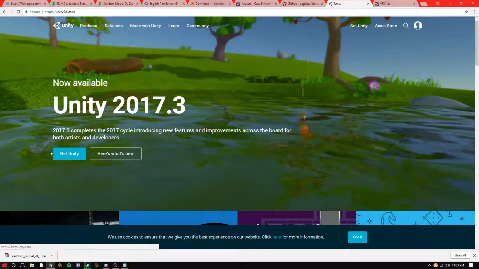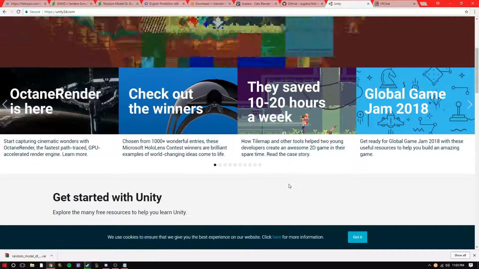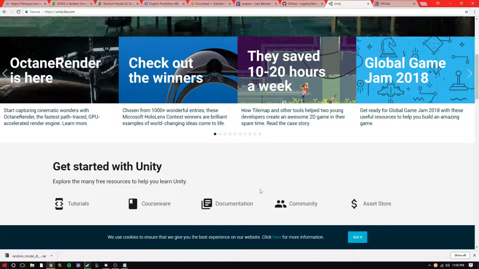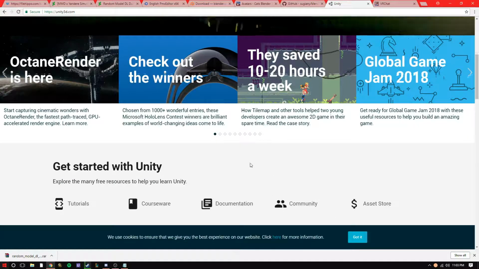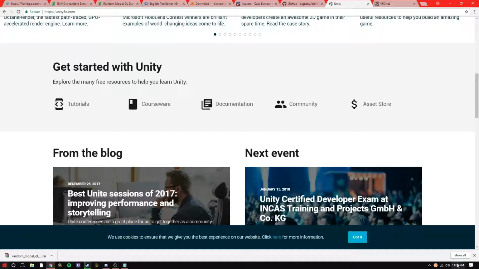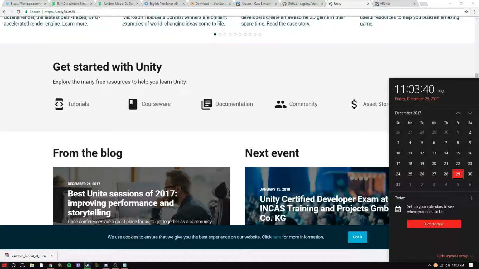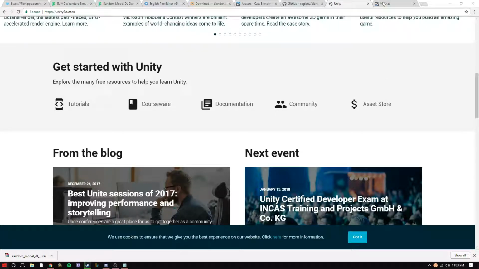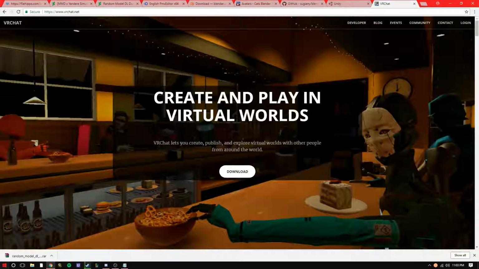Anyways, next you want Unity. The version you do want for the current one, make sure you have the right Unity for VRChat. The current one, I believe, is 5.6.3p1. That is a current version of Unity you want that supports VRChat, and this is today, December 29th. That's the current one. Alright, then obviously you want to head over to VRChat, and you want to download the